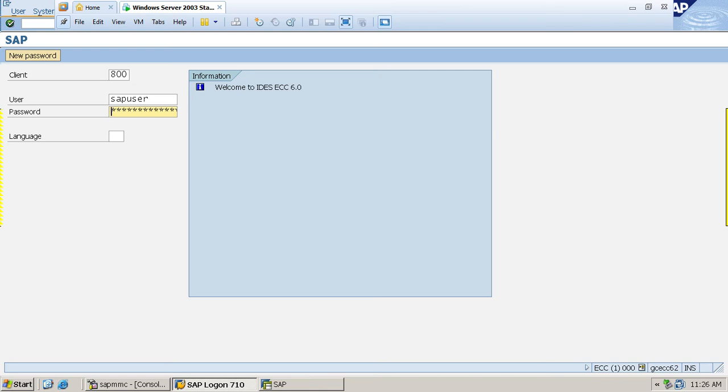Remember here: I capital India123. The username is SAP user and the password has a capital I, India123. India123, where the I is capital. Remember always. If you make any mistakes, that is up to you.